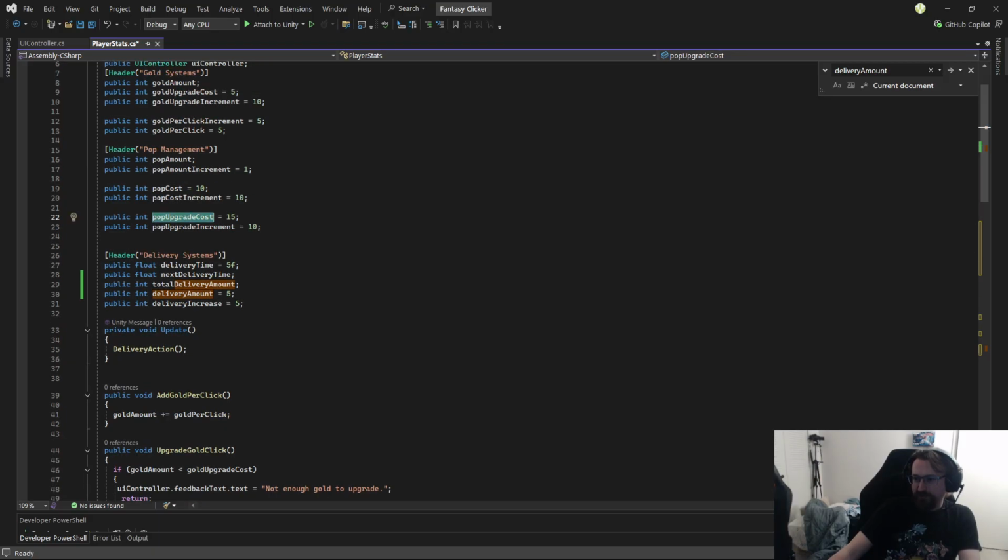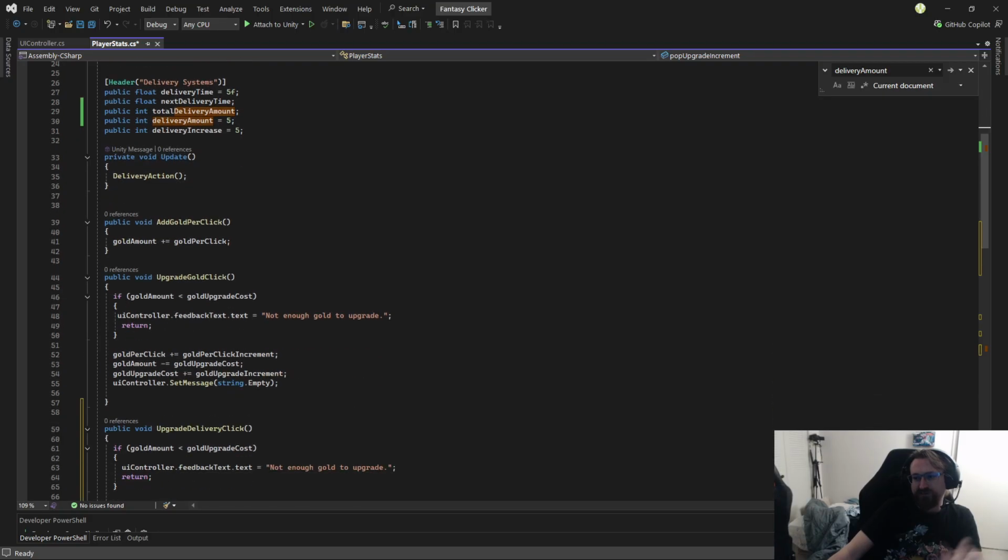So we have our population upgrade instead of our delivery upgrade. This was listed as population as a system, which is no longer accurate. Instead, this whole system is its own thing. It's its own incremental system. Upgrading the population is technically not what we're doing. We're just buying more of them. Since we're buying more of them, what we're going to upgrade is just the amount